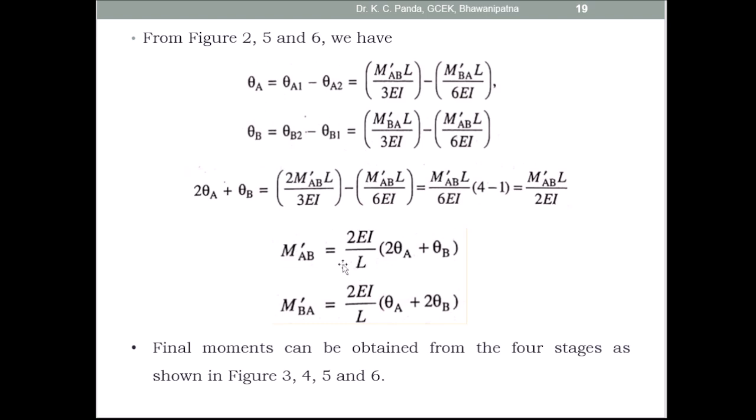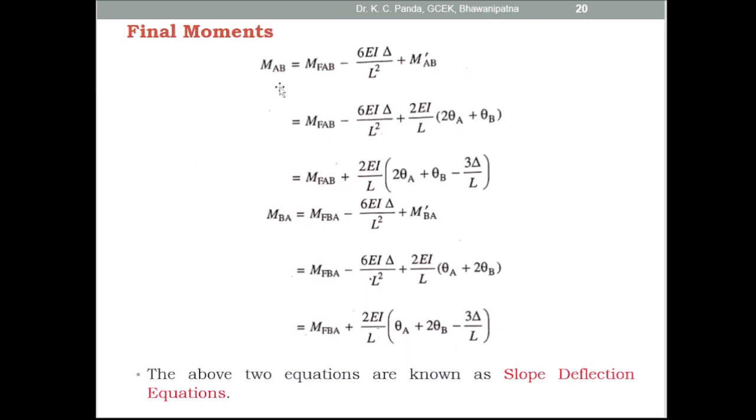That is, M dash AB is equal to 2EI by L, 2 theta A plus theta B, and M dash BA is equal to 2EI by L, theta A plus 2 theta B. Then after knowing the moments due to the transverse loading, due to the translation displacement, and due to the rotational displacement, the final moments can be obtained. The final moment MAB is equal to MFAB, and for the positive translation displacement you have to take minus 6EI delta by L square. This is the moment due to the translation displacement,